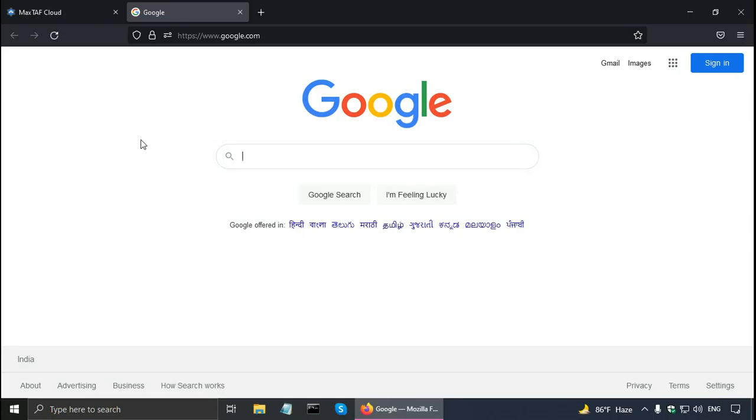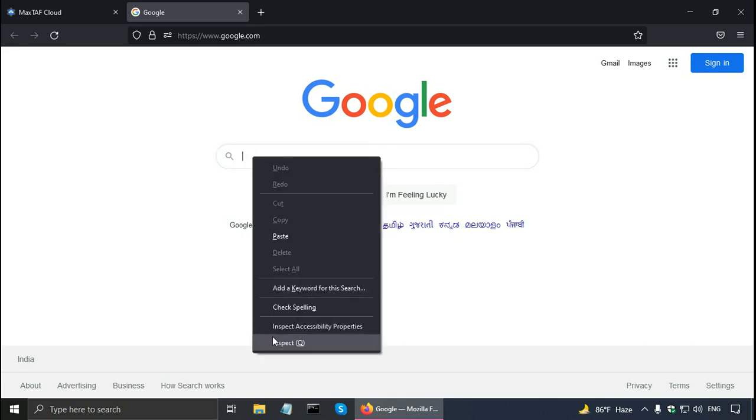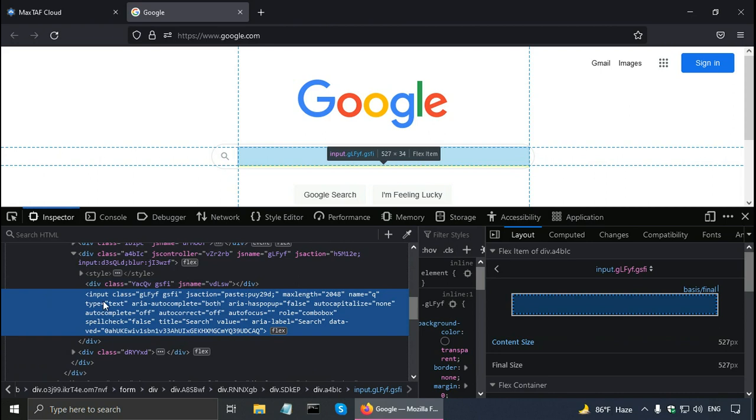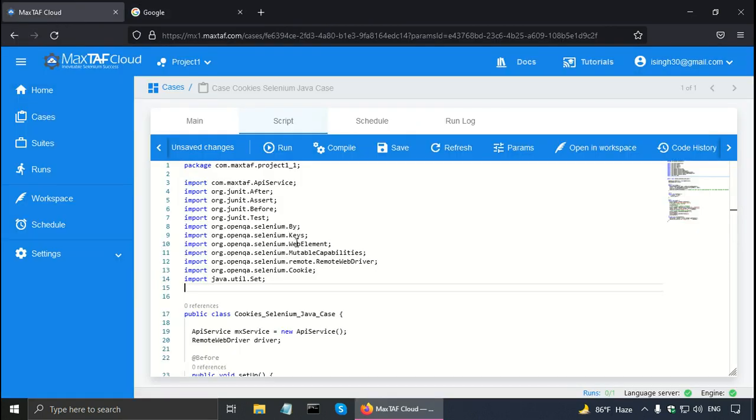Now let us say I want to validate the color of this search box in google.com. So let me right click and click on inspect. So this is an input box and it has some class and its name is q. So using this, let us go to MaxTAF cloud. First I have to import the Color class in Selenium. So for that I have to add another import statement,